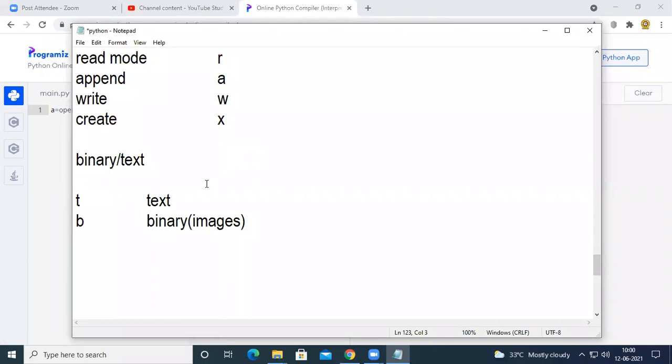During that time, we have to work with binary. So in order to open a file in binary mode, we go for B, and in order to open a file in text mode, we go for T.